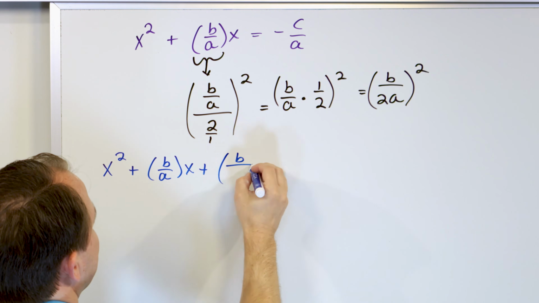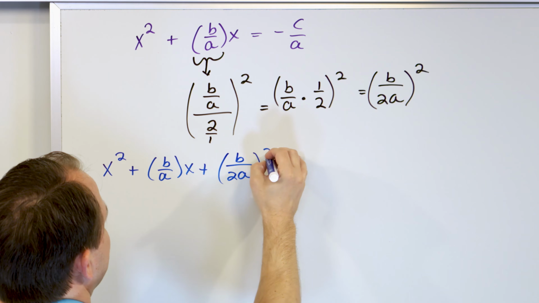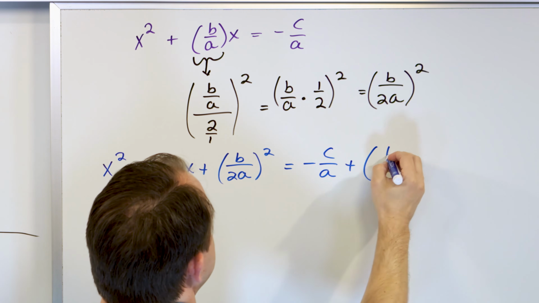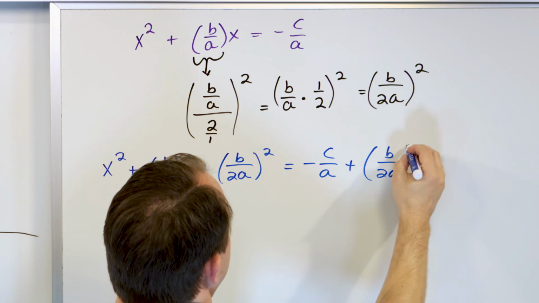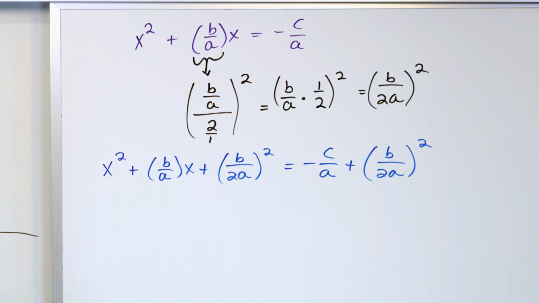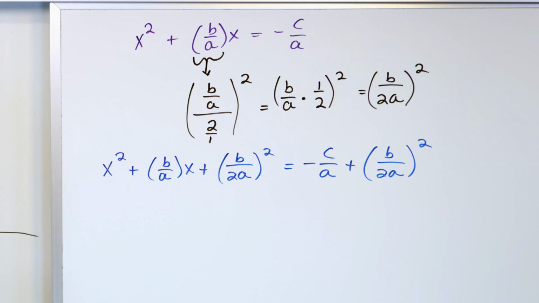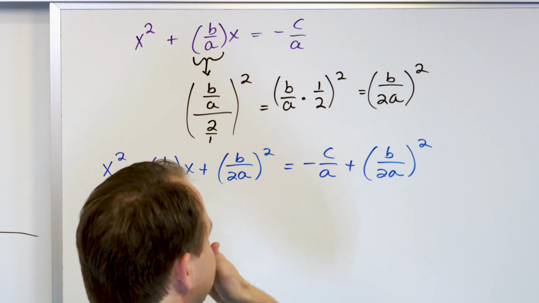So (b over 2a) quantity squared is equal to negative c over a plus (b over 2a) quantity squared. So I just added that to both sides of the equation, which is what I have to do. Okay. Now the next thing I want to do is work on the right-hand side,